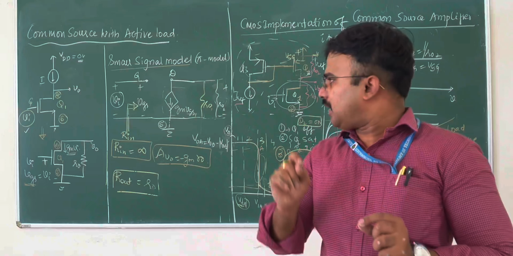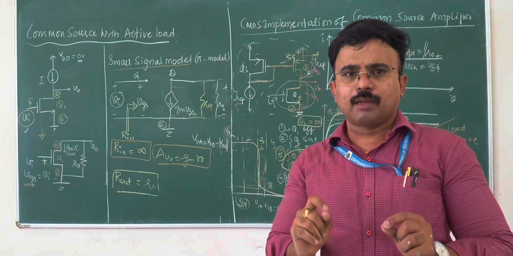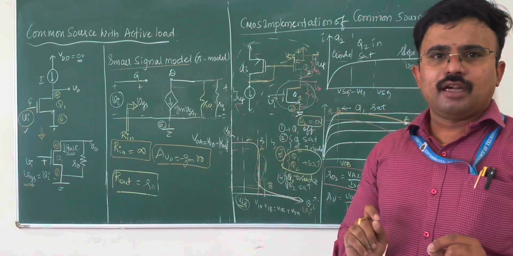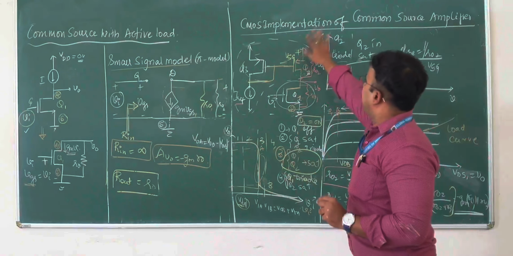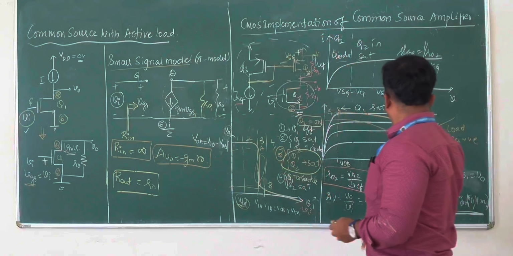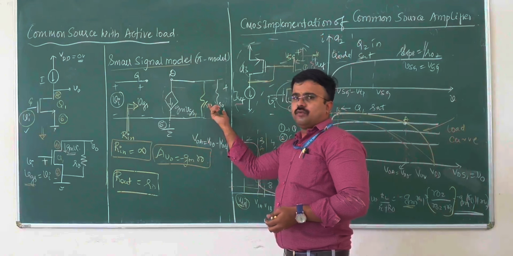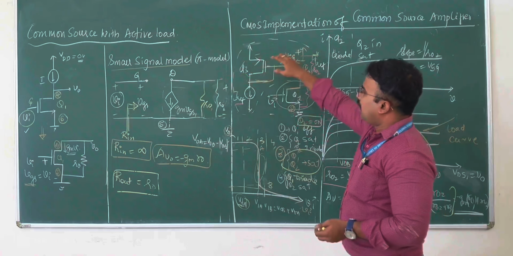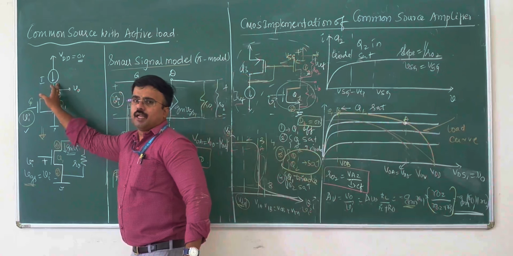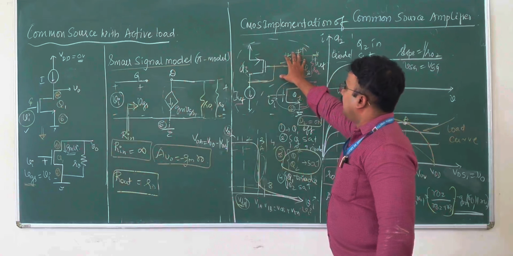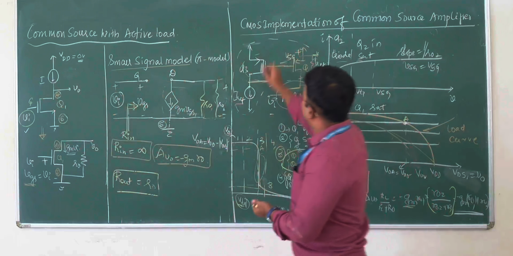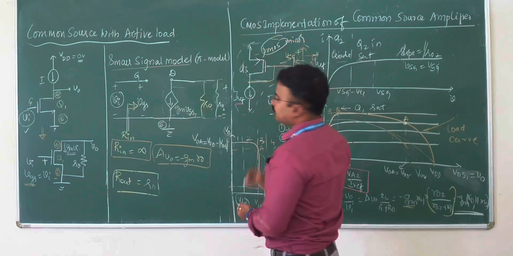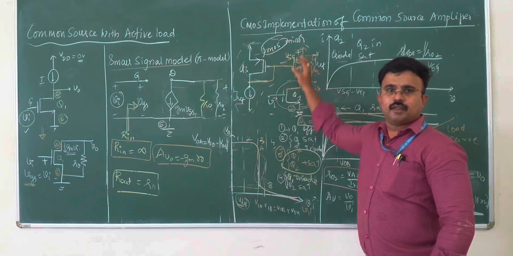Finally, to conclude, the common source amplifier will have a gain of minus GM R0 when you just consider a current source. When you implement it in CMOS technology, the additional R02 will also come into the picture, because the current source is to be implemented using CMOS technology, in a PMOS mirror pair. Thank you very much.